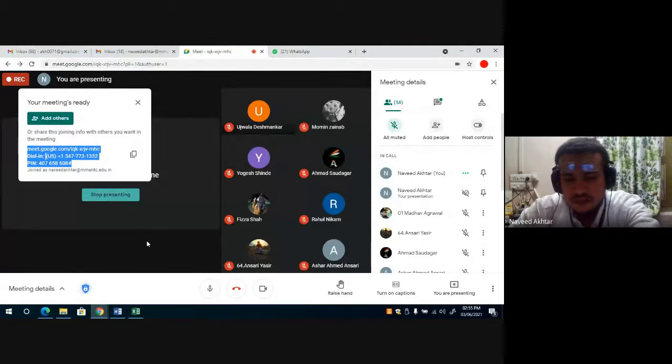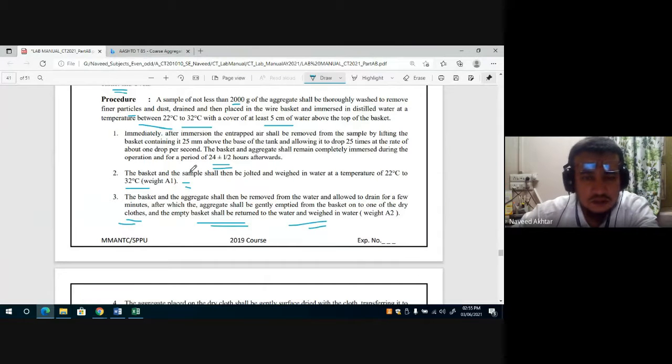Then this shall be brought to room temperature, and then you have to measure the aggregate and basket in a